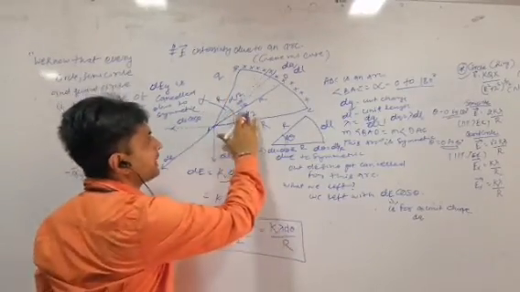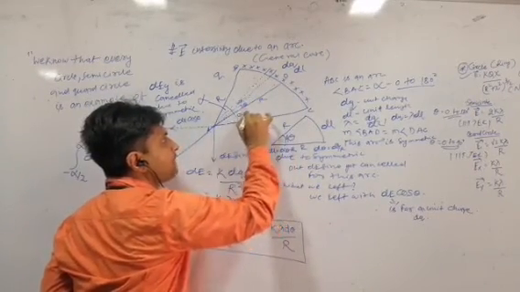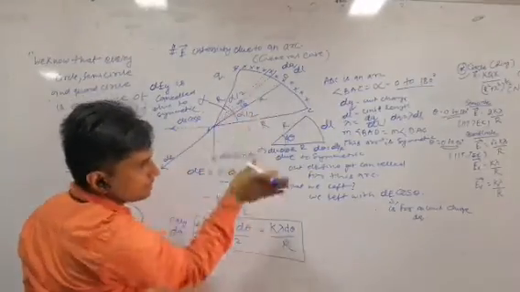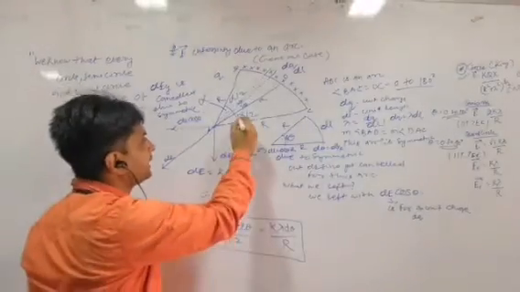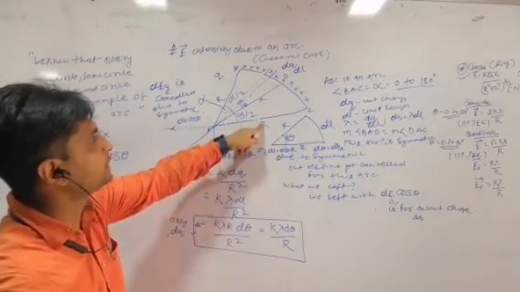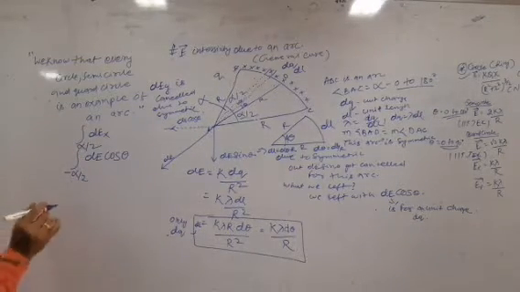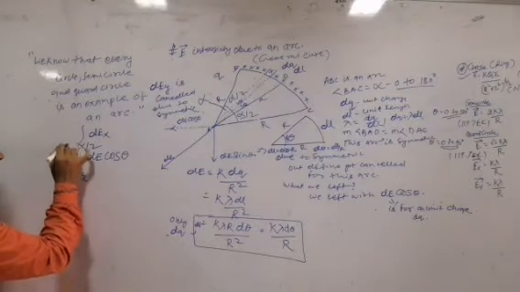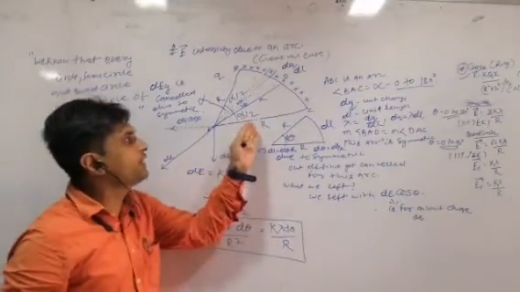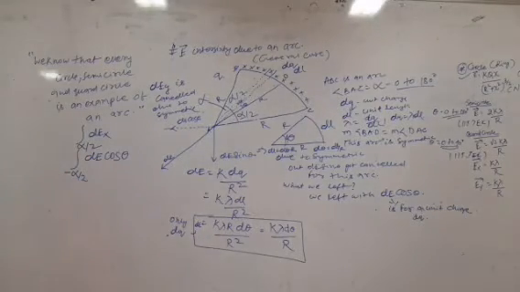Why am I telling you again? This total angle is alpha. So this is symmetric. That's why this part is alpha by 2 and this part is alpha by 2. But this is after the main axis. So if anything is below, that means we are taking negative. If something is in the left part we are taking negative. That's why I am taking minus alpha by 2 to alpha by 2. So you got it now. Why am I not taking 0 to pi or 0 to pi by 2? Because we don't know from which to which that angle is.